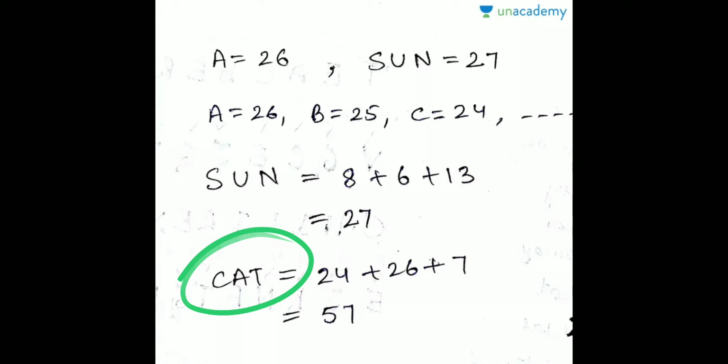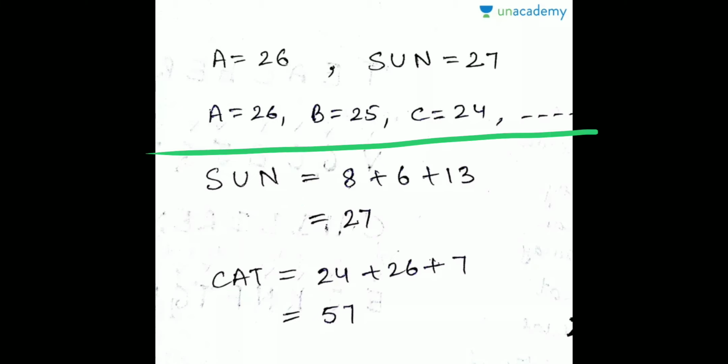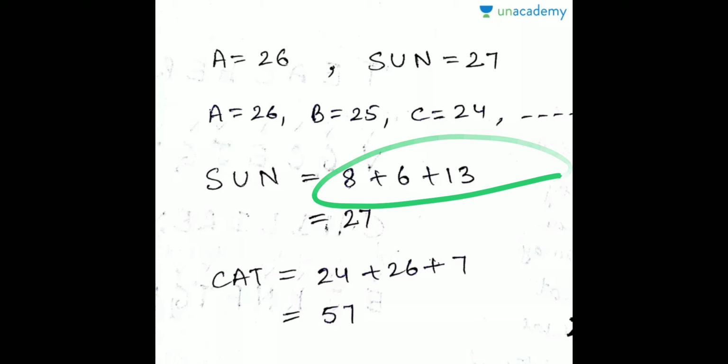First of all, you have to decipher these. Okay, let's see. Here A is at 26. Okay, now B is at 25 and C is at 24. This is the coding for these letters and so on. Okay, how did we come to this? Because when you see the position of the letters according to the same pattern, you will get these numbers.